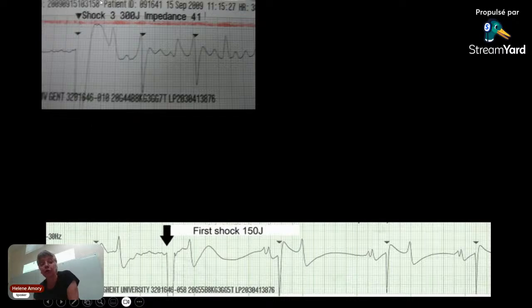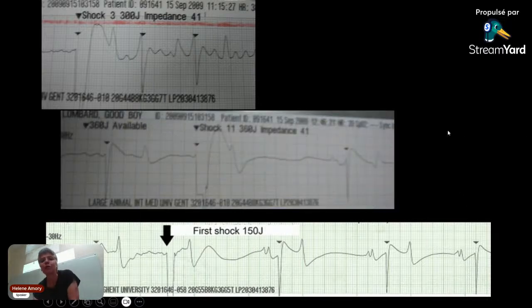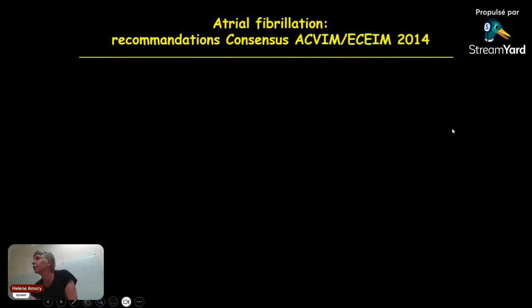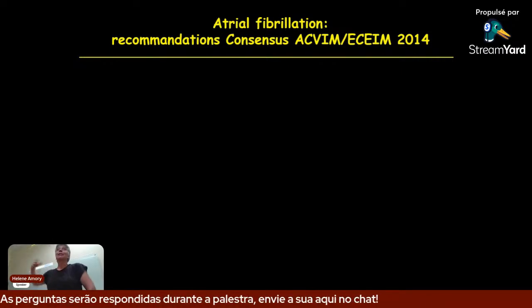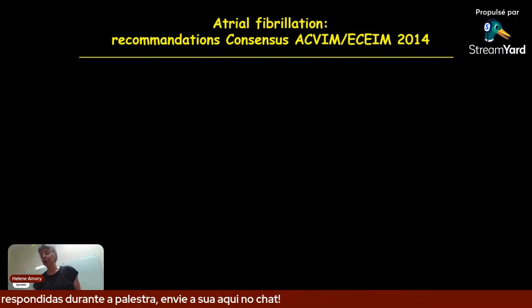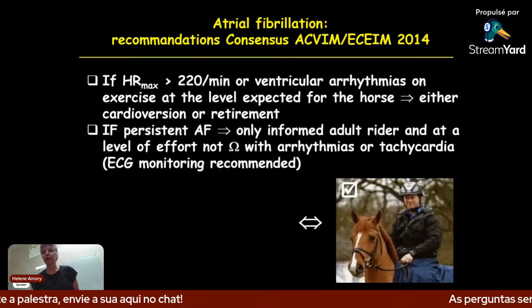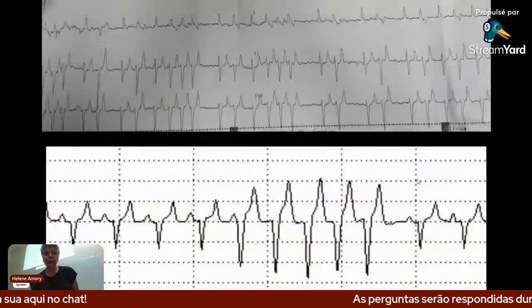This one, you have the shock here. You see a big amplitude on the recording, but still an atrial fibrillation after, and this one here, atrial fibrillation, the shock, and oh, wonderful, defibrillation is obtained. Okay, this is the electric cardioversion. With this system, the rate of success is very, very high. Thus, we are happy because we can send our horses with atrial fibrillation to this clinic to do the cardioversion. I will not develop the rest. Okay.